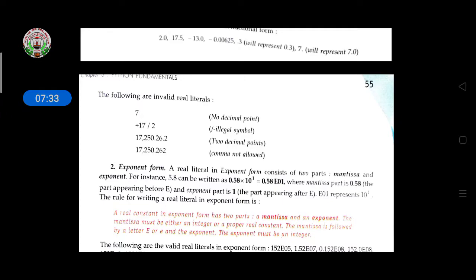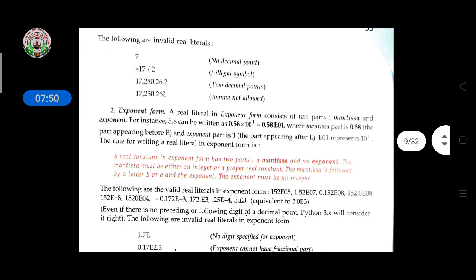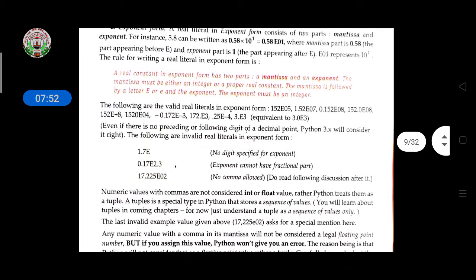Then +17.2 is a legal symbol. Then 17.50.26.2 has 2 decimal points. Comma is not allowed here, it is invalid. In floating point you have to use only a decimal number or a fraction number. Then exponent, if you are giving any power, we use the exponent.